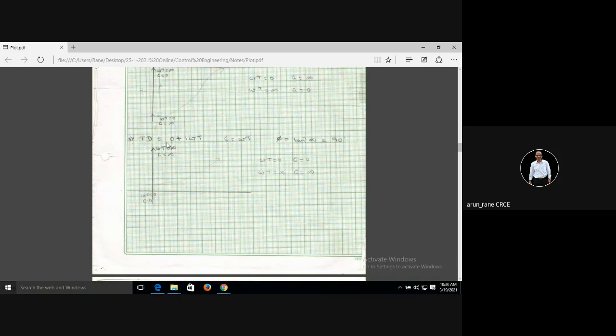Same now if it is steady. Td can be written as 0 plus I omega t, where we are replacing d by I omega. What is the value of g? Real part square plus imaginary part square, so omega t. What is the value of phi? Omega t upon 0, that is nothing but infinity. So tan inverse of infinity is 90. So it is constant like this, and this will go on changing.